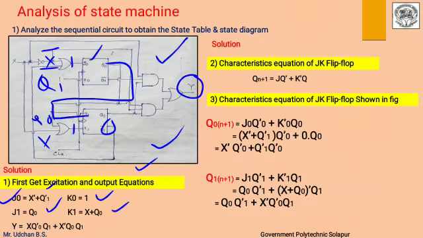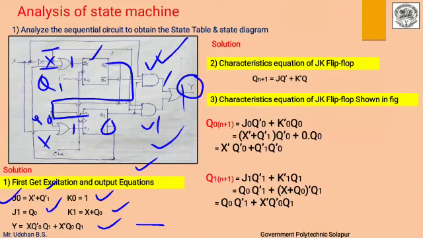Again I will write the output equation of Y, that is the output of this OR gate and these inputs of this AND gate. So I will write the output of this AND gate, and I will combine. After that I can write the equation of Y as X Q0 bar Q1 plus X bar Q0 Q1. You already know how to write the equation from the given combinational circuit, so I have written it directly over here. After that, see which flip flop is used as a memory element.